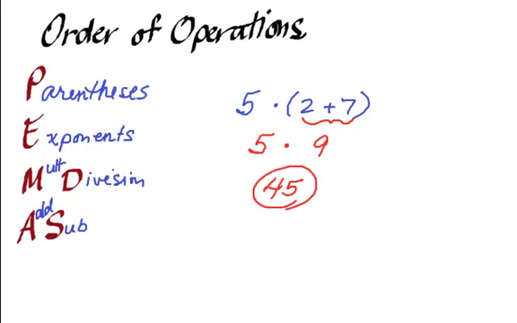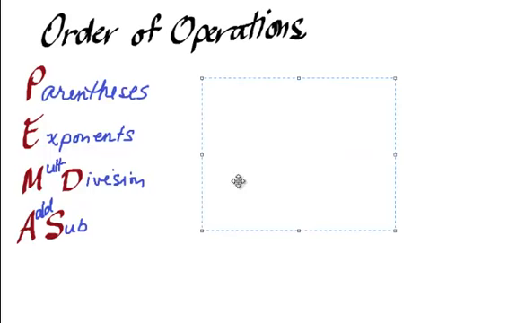So you have to look at the problem and decide what operations are happening in it. Here we had addition and multiplication, but we also had parentheses. So we had to figure out what order to solve this in first. Let's try another one. Okay, here now we're going to have